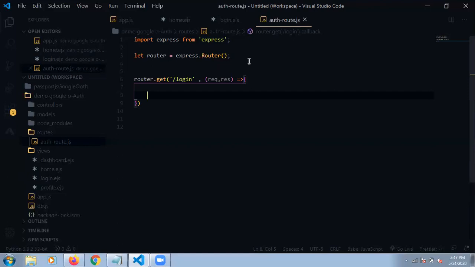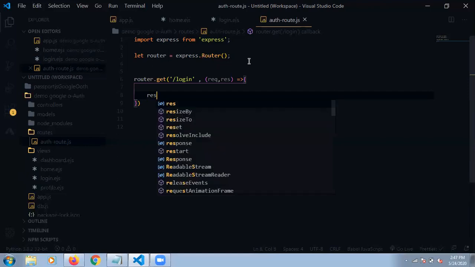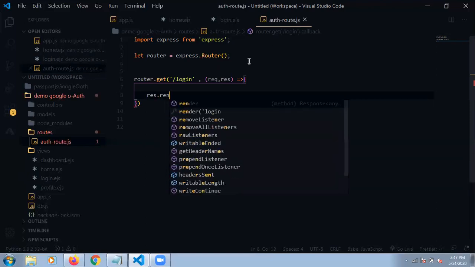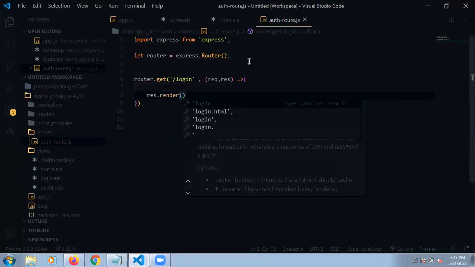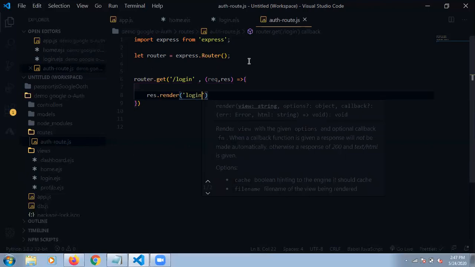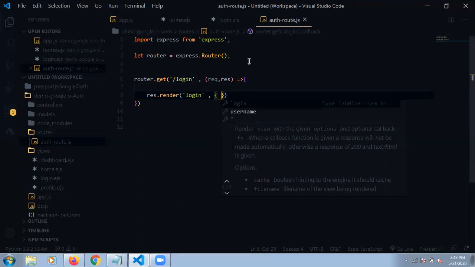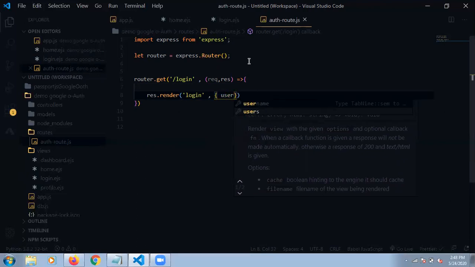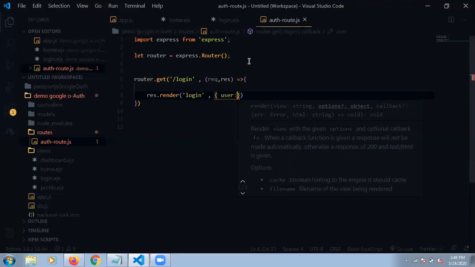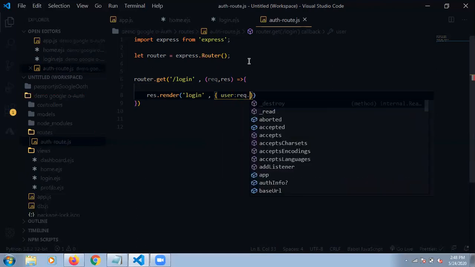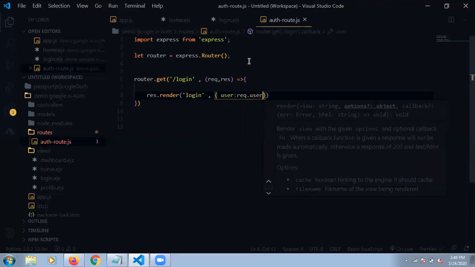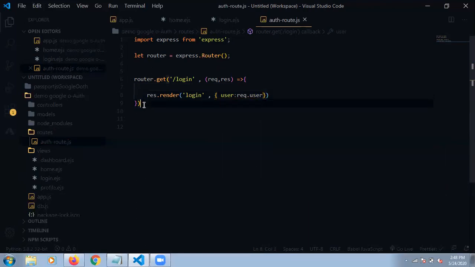Since our dashboard is directly connected to the login page, we are using res.render, and the first one, as you already know, is our application page name, and second one I am passing an object, and here user is req.user. Here all the details of the user will come.